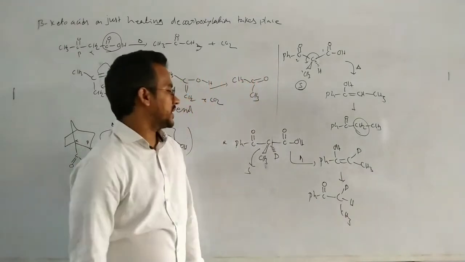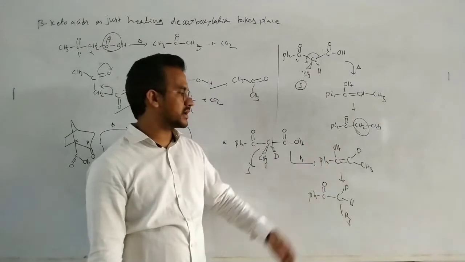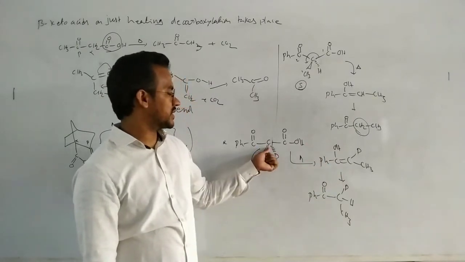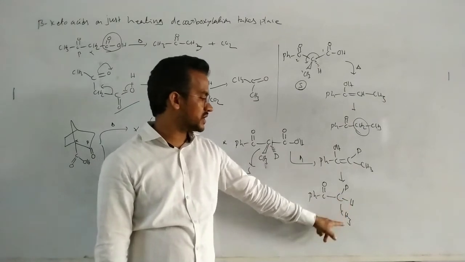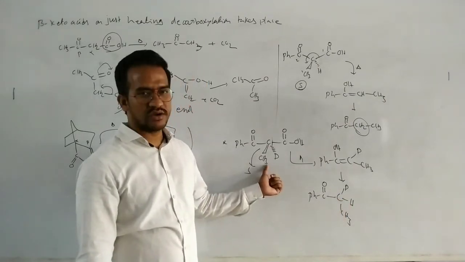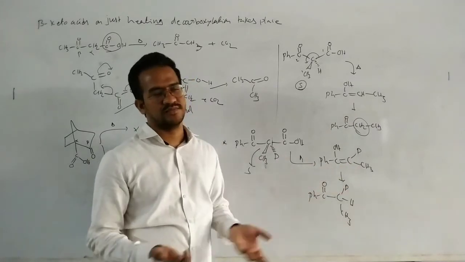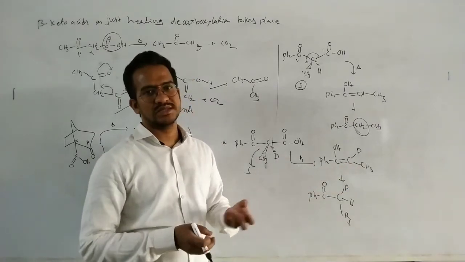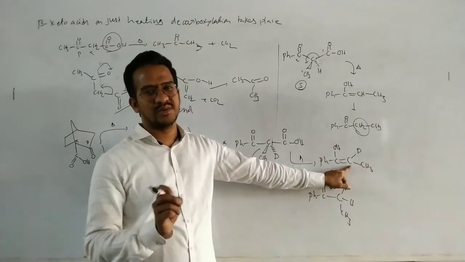Okay. So here, what happened is, from the S configuration, a new chiral carbon is generated. That means a new chiral carbon is generated. Okay, this chiral carbon has a COOH, D, CH3. Now this chiral carbon has a D, hydrogen and CH3. So actually it is an S configuration. Now in this case, at this carbon the configuration is not defined. That means here it is not S or not R. Okay, about this one we cannot say R or S.